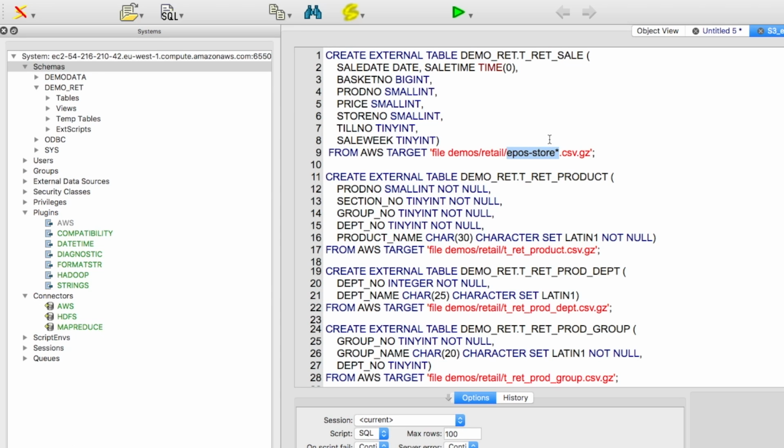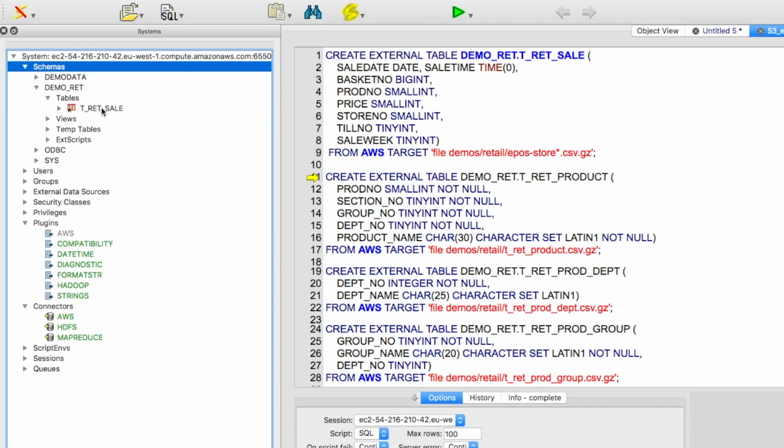This is useful because what we can do is have it connecting to a place where data is incrementally added, and as more files are added, they will simply be picked up by the external table connection. So let's go ahead and execute that step. Okay, so there we go, and if we just refresh here, we can see that this retail sale table has appeared in the demo retail,